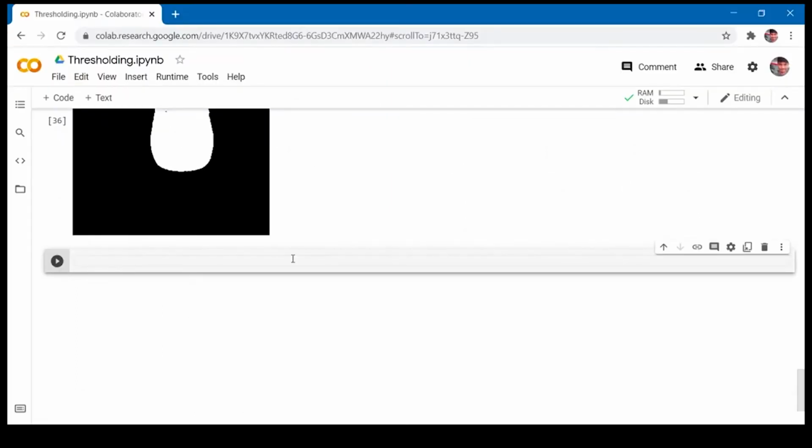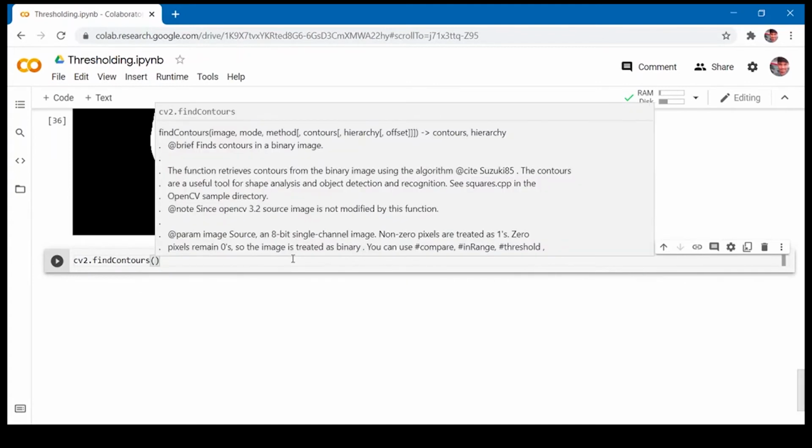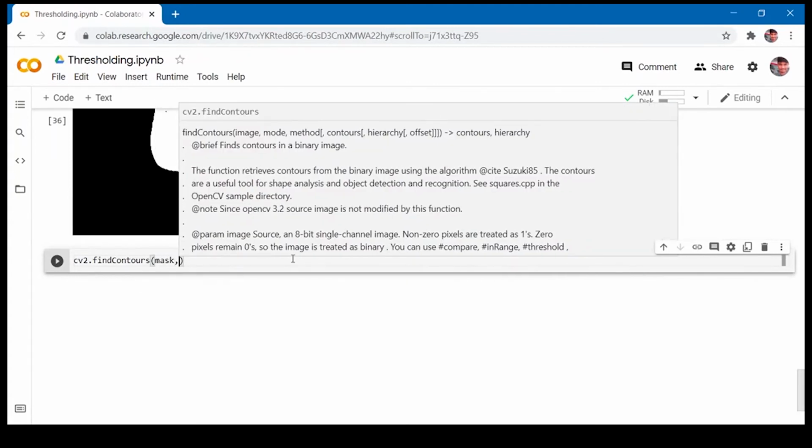As we know what contours are, we will now try to extract the contour of the bottle. To find the contours in an image, we have a function called cv2.findContours in OpenCV. It takes 3 arguments in general. The first one is the image in which we want to find the contours. Second one is the retrieval method.